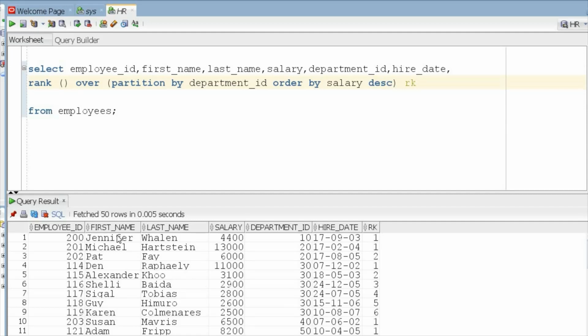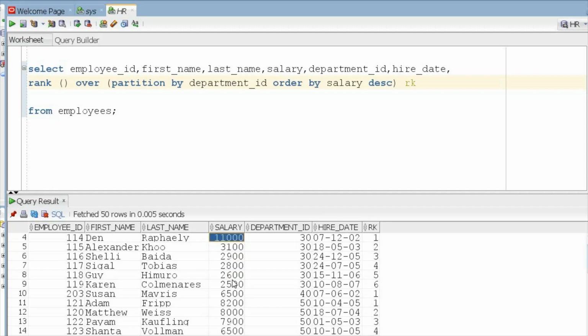So if you see, okay, department ID, right? Now in department ID 10, Jennifer is rank 1. In department ID 20, Michael is having rank 1. So if you see, there are two people in department number 20, but one is having 13,000 salary. So that is rank 1. Similarly over here, right? So now there can be cases where more than one